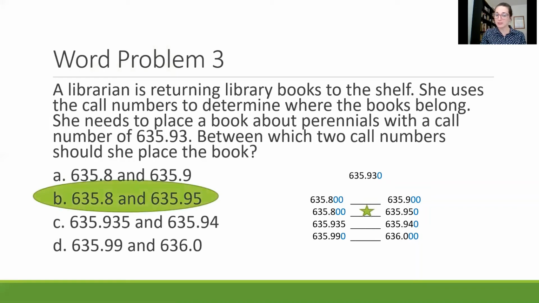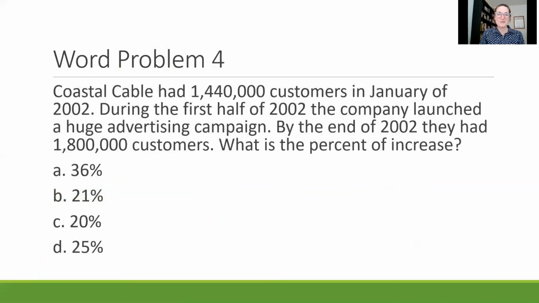So our ultimate answer then is B. It would go between 635.8, and 635.95. Our fourth word problem says Coastal Cable had